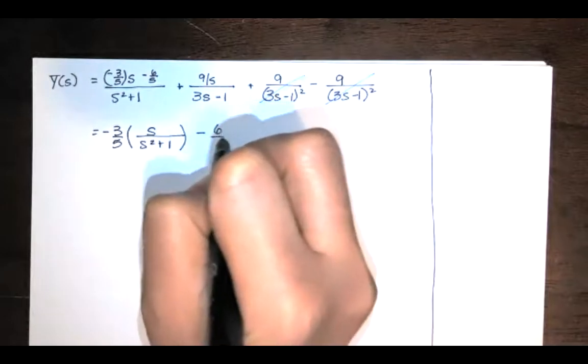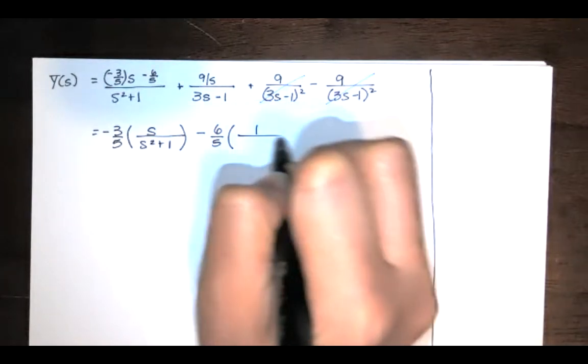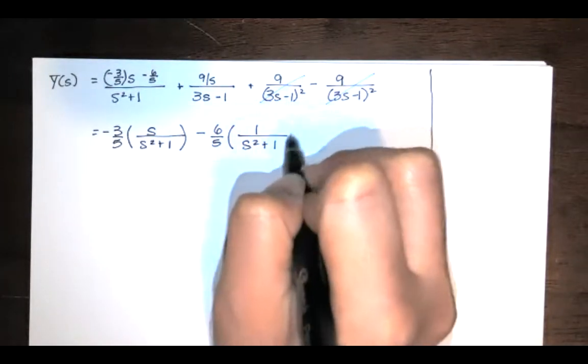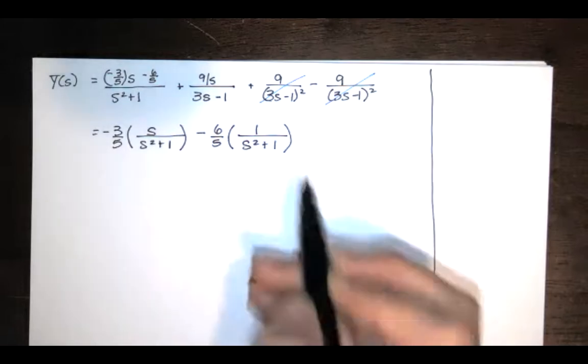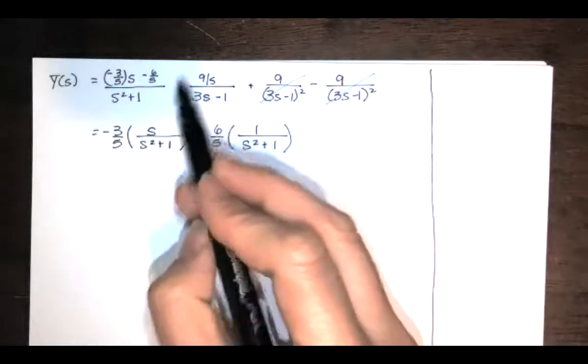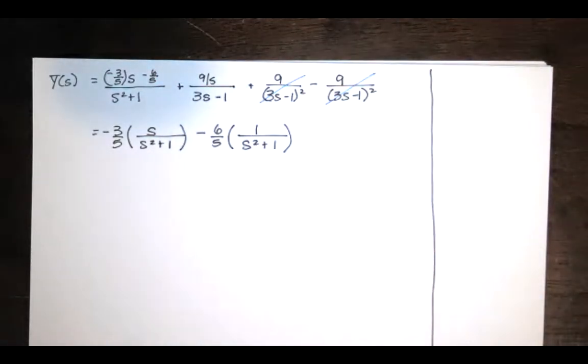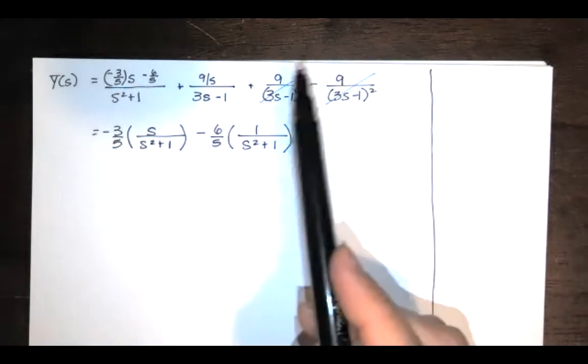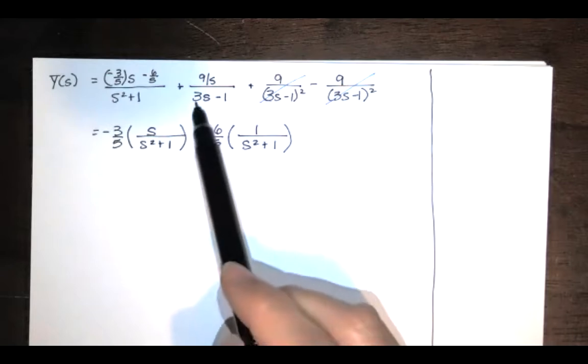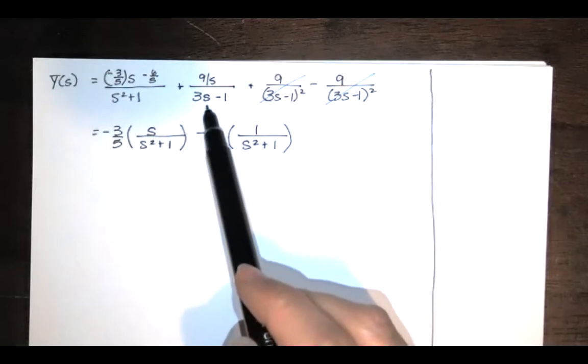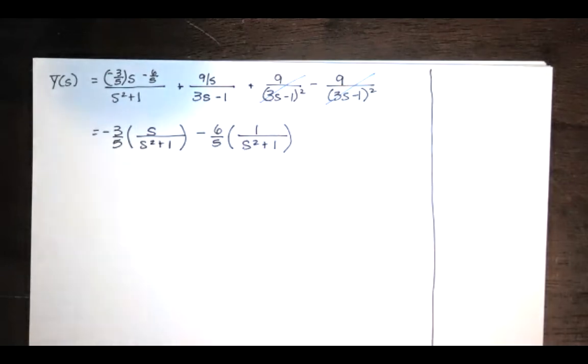Here, I'll factor out the negative 6 over 5. Then I'll have a 1 left in the numerator over S squared plus 1, I have a rule for that. Now this one I don't have a rule for because we have a constant. We can always factor it out. We have a 1 over S minus A, and there's no constant in front of the S. So as soon as I see that constant in front of the S, I know I've got to do a